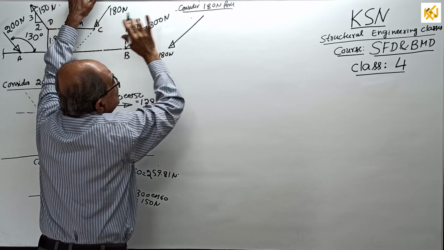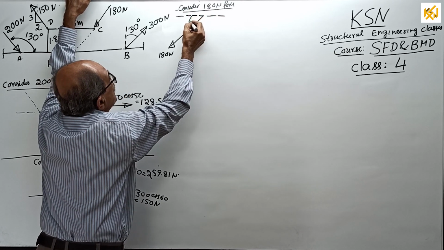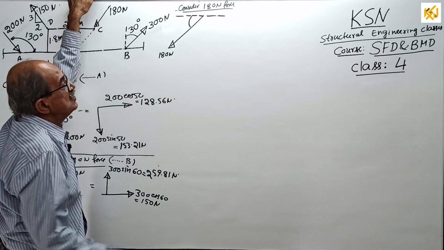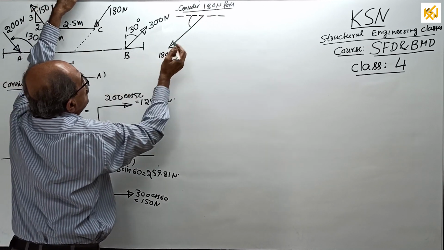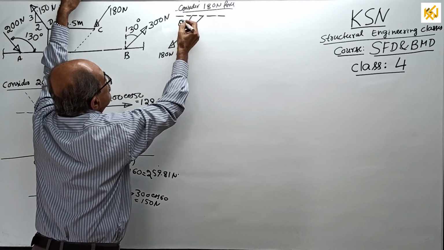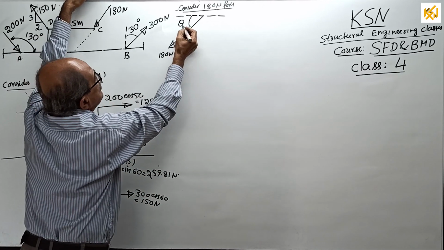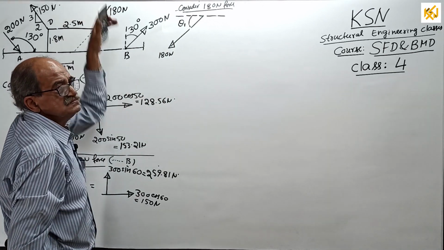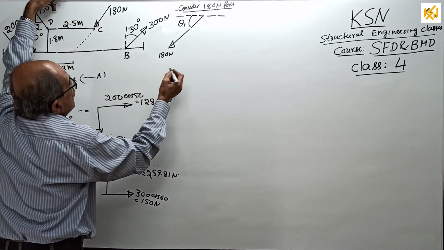As I told earlier, don't see there. We want the angle made by the force with the nearest X. This angle I require. Not this angle I want. Now, that angle is not known, so I will put theta. Or there is one more force there where theta is required, so I will call this as theta 1. You know, first to get theta 1. How to get theta 1? See there.